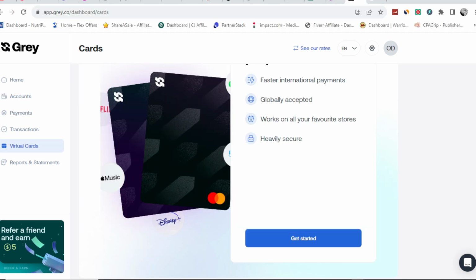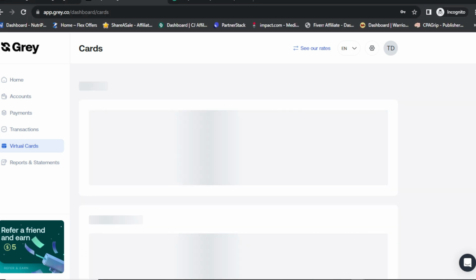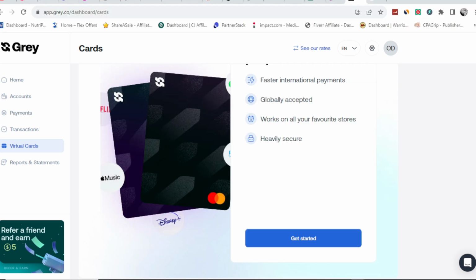So you know what I did now? That account, let me show you. The virtual card was just loading. I don't know, maybe because I've not filled out the KYC, it just keeps loading like this. So I need to show you this using my own account. So now, using my own account,